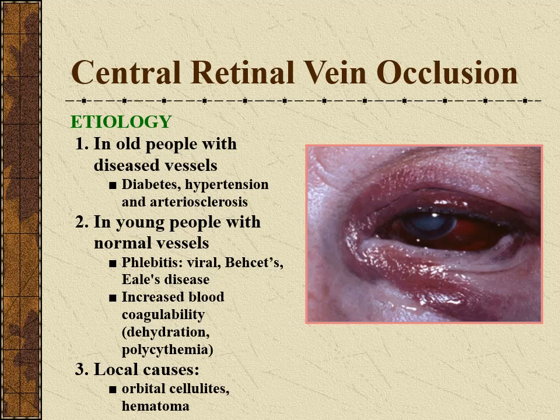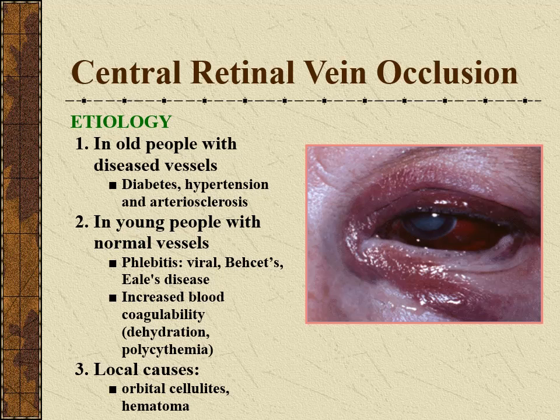Now we're going to discuss another important type of vascular occlusion of the retina, which is occlusion of the central retinal vein. Occlusion of the central retinal vein occurs much more commonly when compared with occlusion of the central retinal artery. The etiology of the occlusion is not exactly clear. However, all the people with diseases like hypertension and diabetes and arteriosclerosis are at high risk of getting the occlusion.